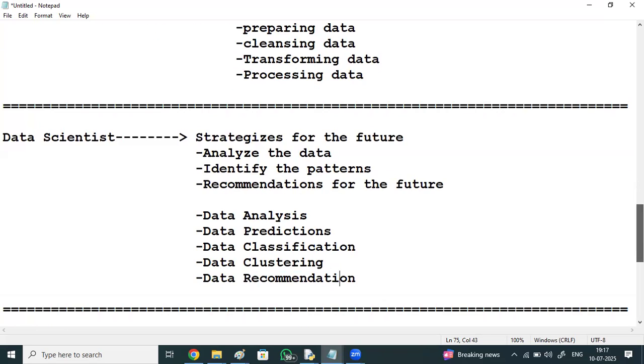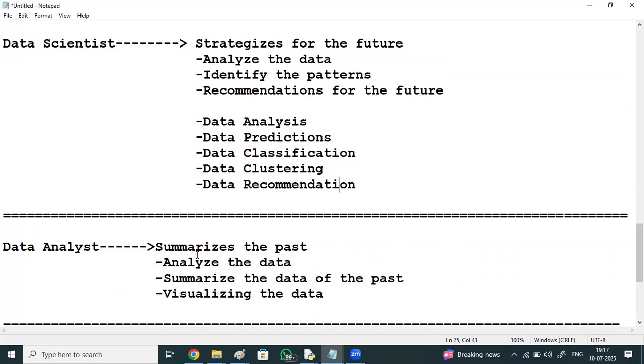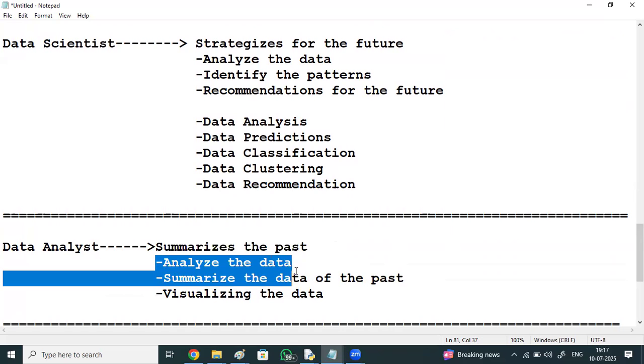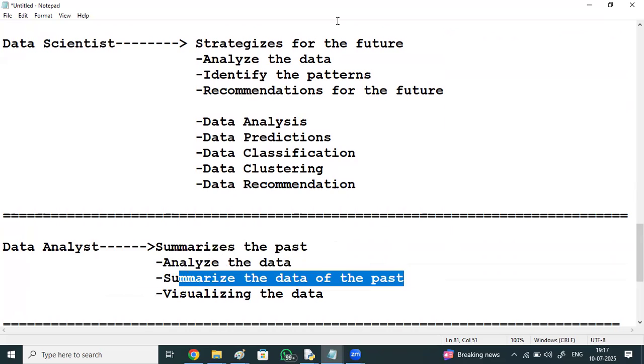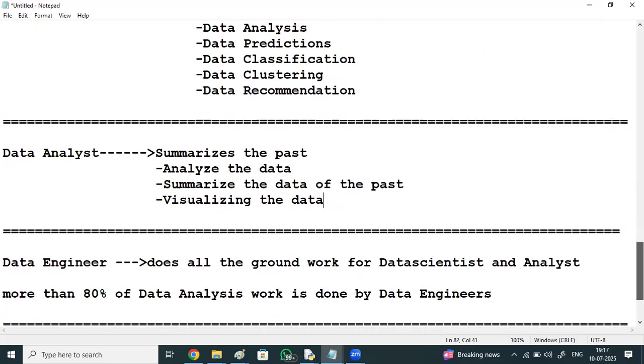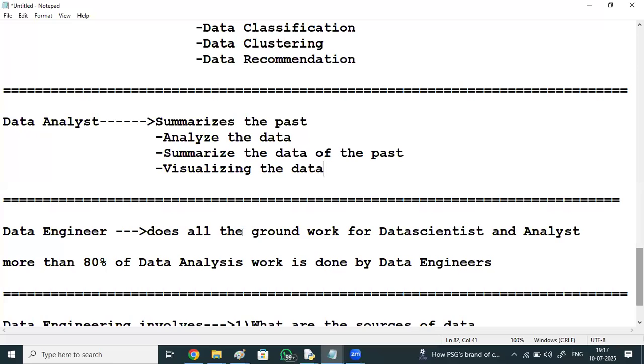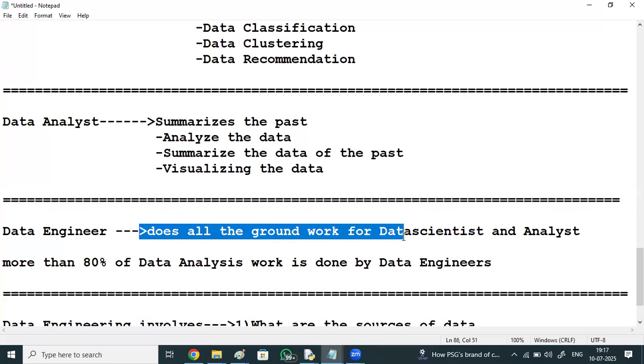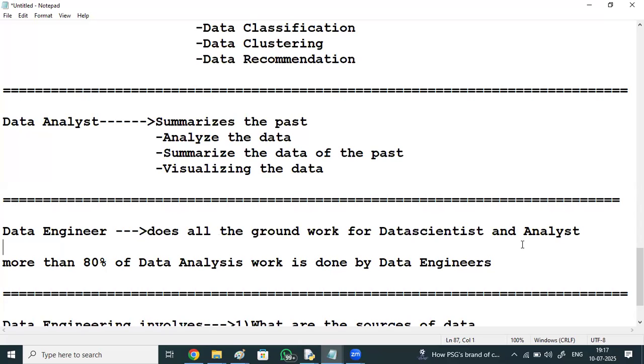On the other side, data analyst summarizes the data of the past, and is going to analyze the data for visualizing the data. So data engineer does all the groundwork for data scientist and analyst.